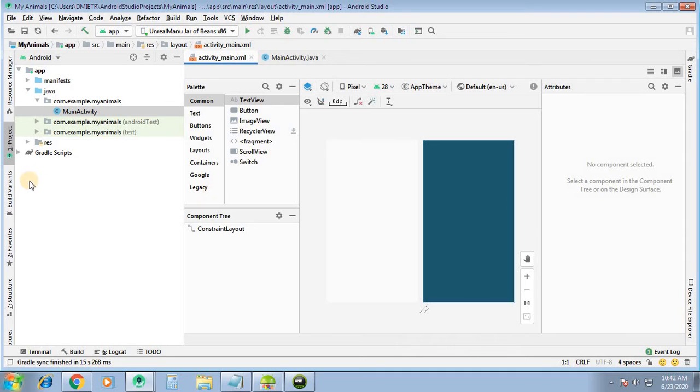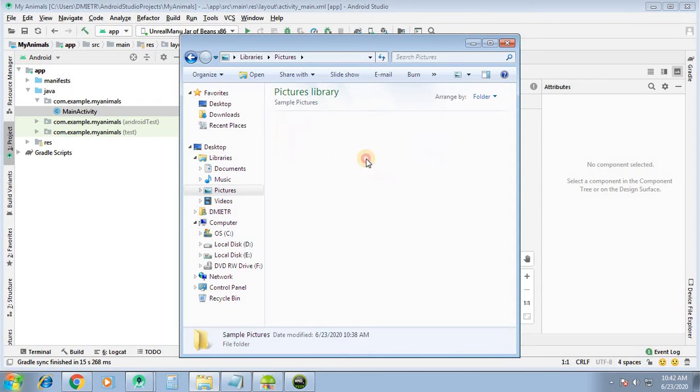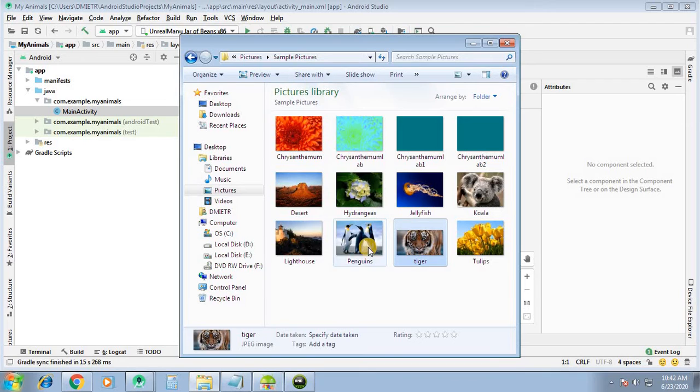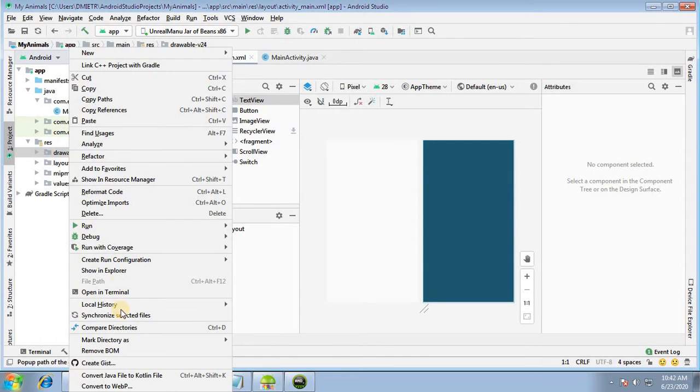Now we will take three sample images from the sample pictures: tiger, penguin and jellyfish. I will copy these images, and in the res folder, in drawable, I will paste them.